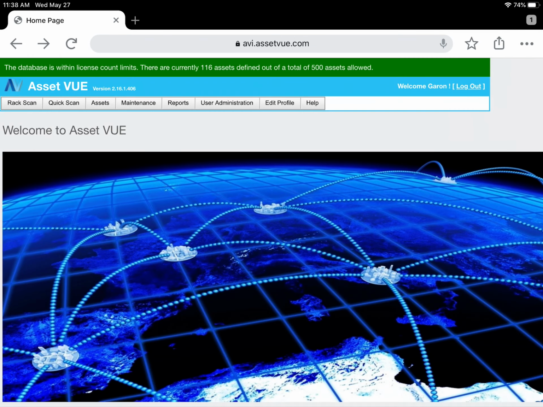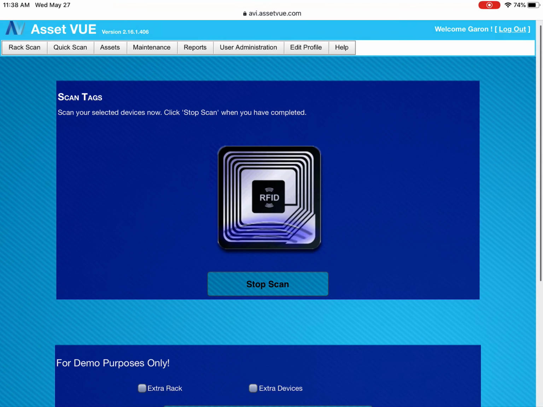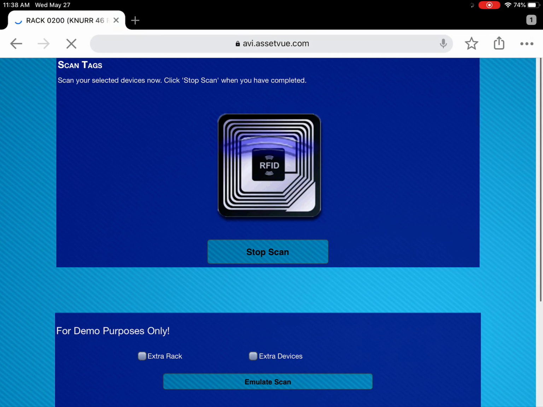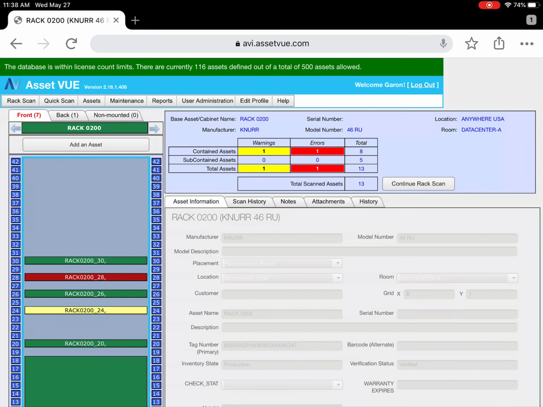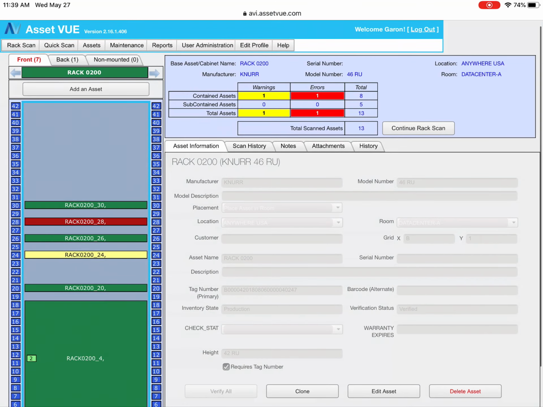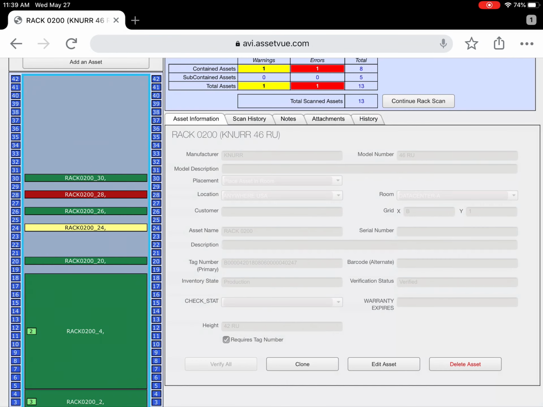I'm going to demonstrate the rack scan capability of the Asset View Inventory tool. If you work in a data center and you wanted to scan a rack or a technology room and look at the contents of that rack, whether it be with barcodes or RFID tags, I would scan that rack and within seconds would appear an elevation that would show me the contents that were found within the rack and the